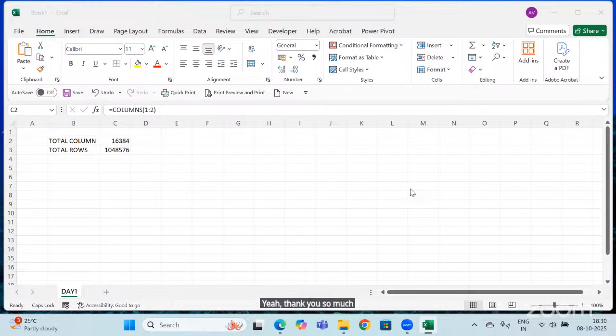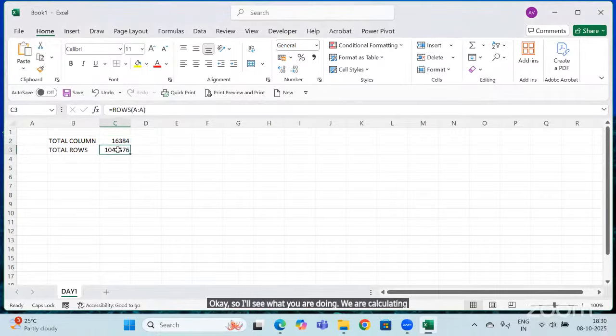Okay, Sahil, you are asking about the A to A in the rows that I have written. See what we are doing. We are calculating the total rows, right? Now you have to move in a column.